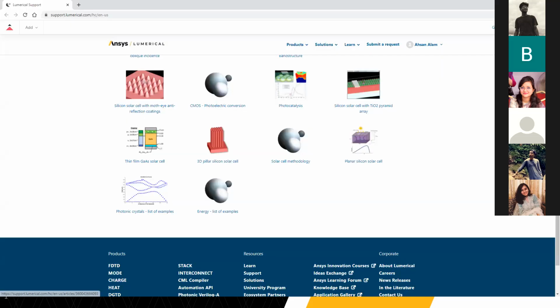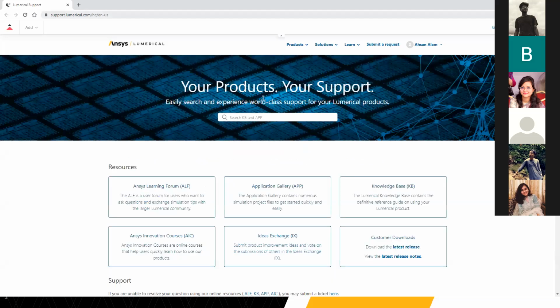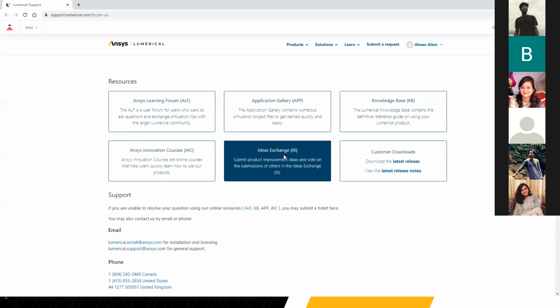I can just quickly show this. So if you go to support.lumerical.com, then it'll take you to our support page. And so here, you can register to our website with your Dhaka University or whichever university you're with. Like if you use your university email ID, you can register on our website.